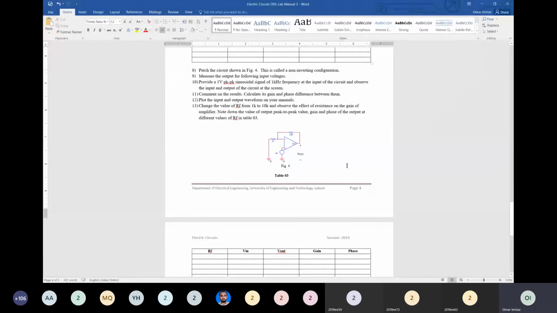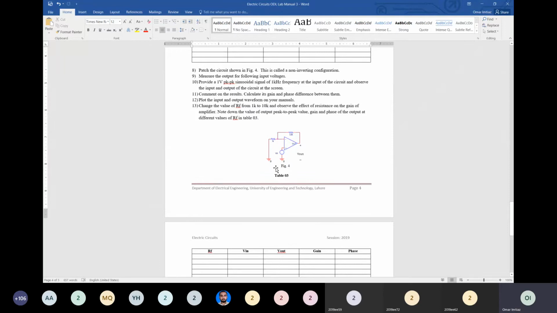After that, we have the third and last circuit that we need to perform or verify in this experiment in LTSpice. It is a non-inverting amplifier where you supply input or energize the non-inverting terminal, the positive terminal on the operational amplifier, and you put a voltage divider circuit R1, R2 on the inverting terminal and ground it. So the output now has 1 plus RF by R1 as its gain formula, and the same waveform and same changes in RF are going to be applied in this case as well.